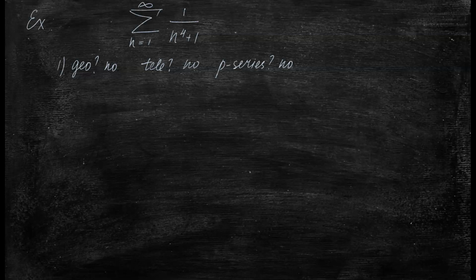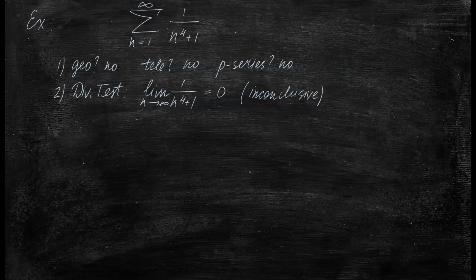And the next step, we're going to set up the divergence test by finding the limit of the general term as n goes to infinity. And since the limit is equal to 0, we conclude that the test is inconclusive, meaning that we have to move on and perform a